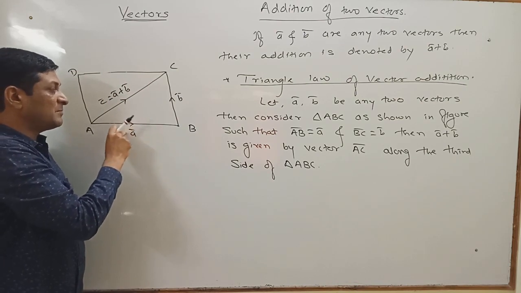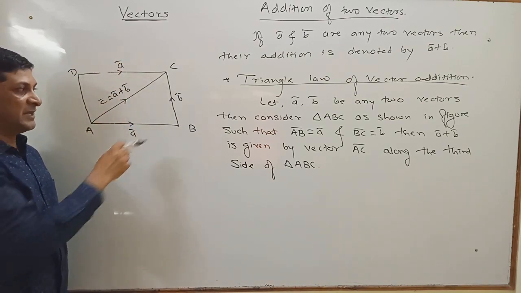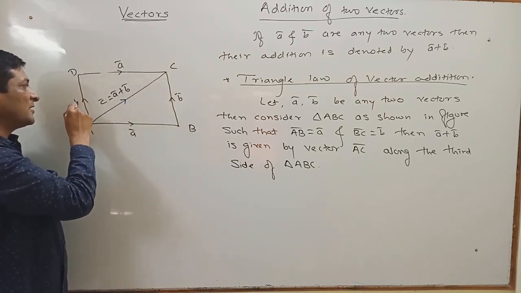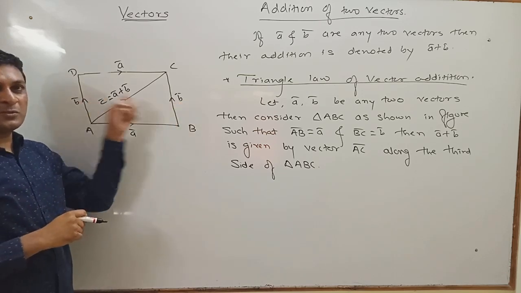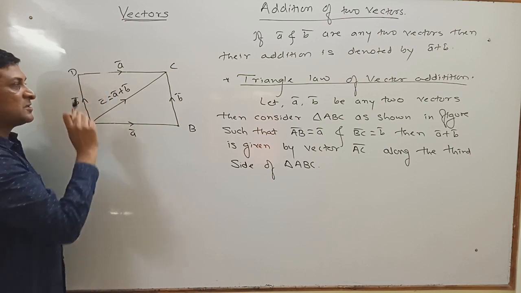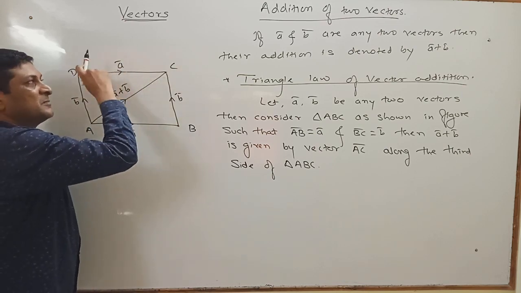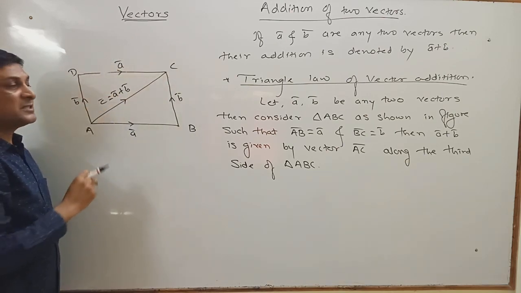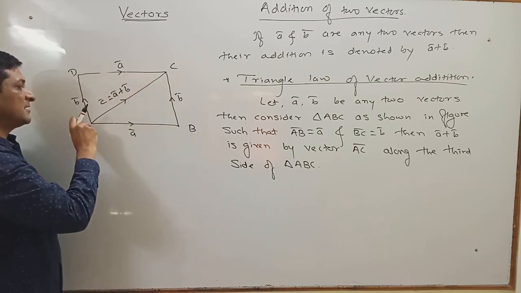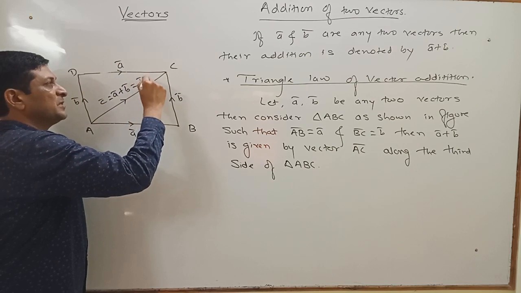So this vector is A bar, means we are able to denote this vector also by A bar. In the same way, this BC bar is equal to B bar, means we can say that AD bar is also B bar, because these two vectors are also equal. Now here we have got a new triangle. If you observe this new triangle, one side is represented by B bar and another side is represented by A bar. Then using the triangle law of vector addition, the third side will be represented by the resultant, means B bar plus A bar, means another value of this C bar is equal to B bar plus A bar.